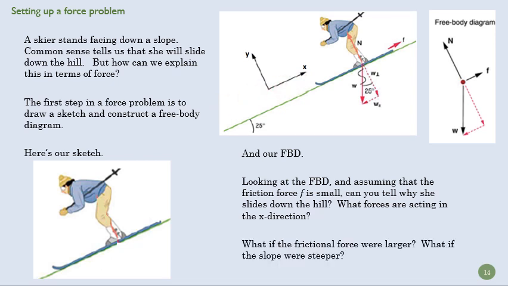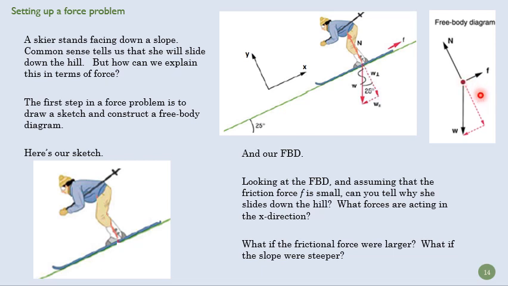Now, what if that frictional force were larger, right? What if she forgot to wax her skis? Well, it's possible that that frictional force would balance that weight force and she wouldn't move at all, right? And what if the slope were steeper? In that case, our weight components might be out here and then out here,